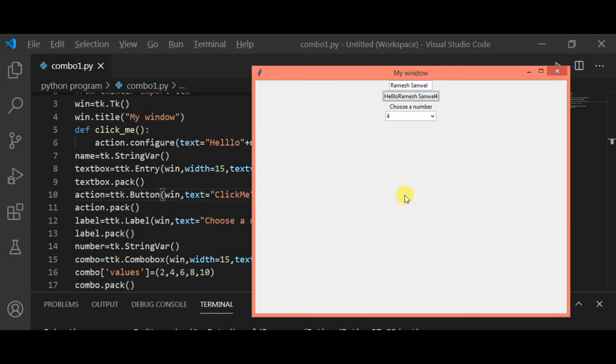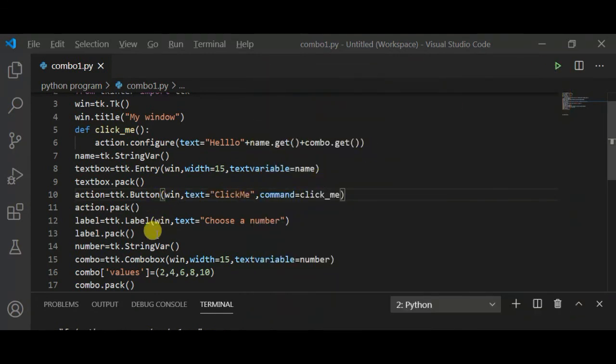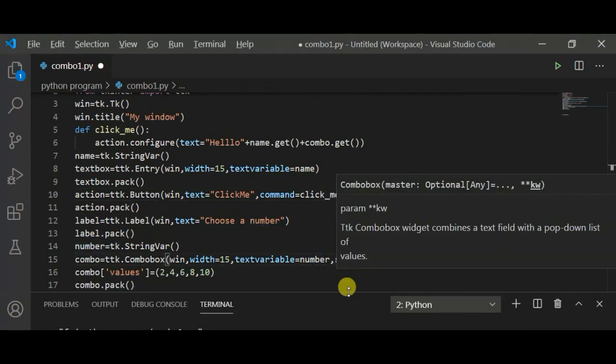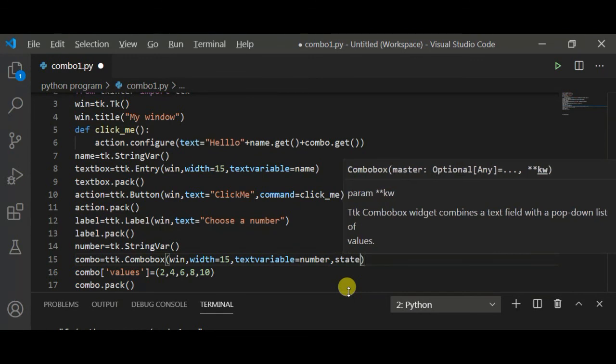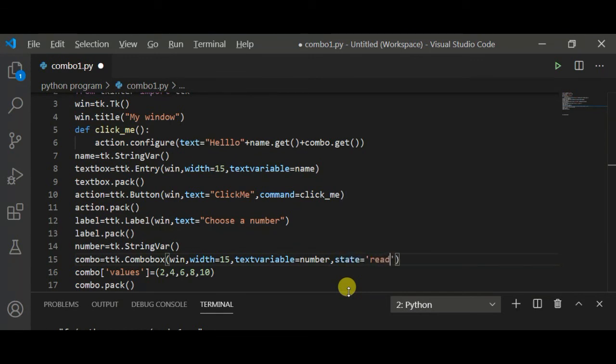But if you don't want to do this, you will pass a state property as readonly inside the combo box. So for this you have to make some changes here inside the combo box method. Here you will pass a property, state is equal to readonly.